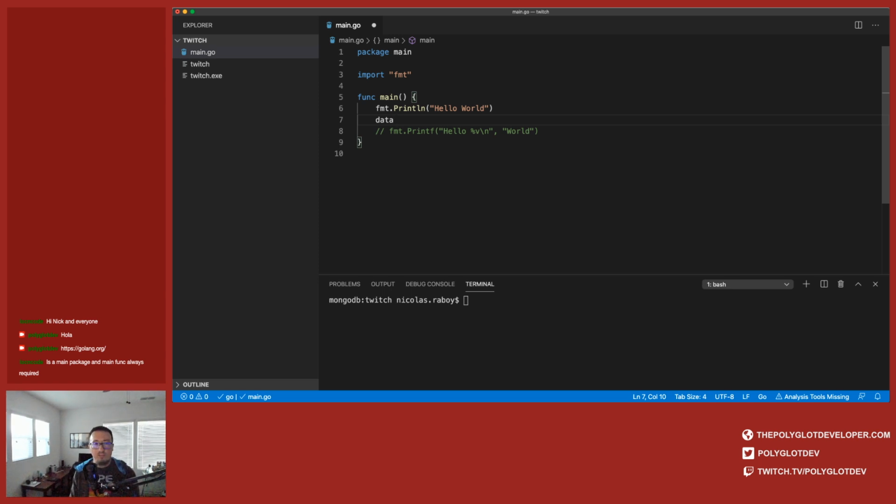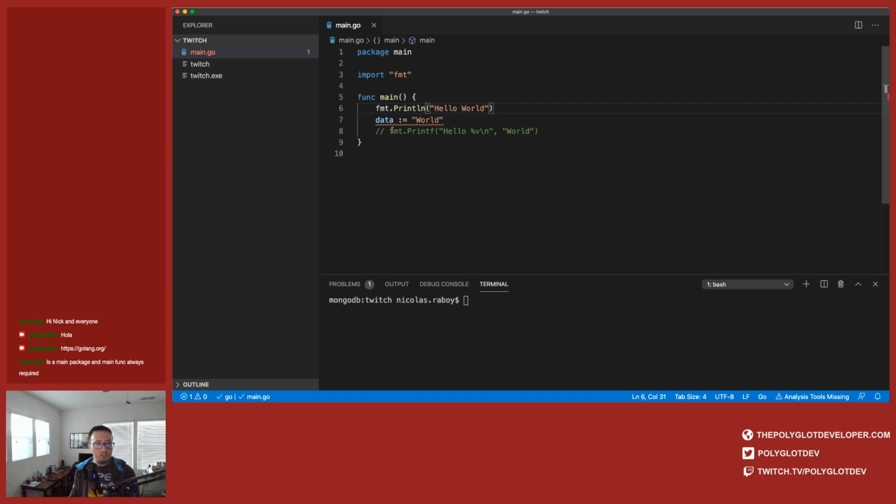If I want to declare and set this variable with data, I can use colon equals and say world. Now, just in case you're coming from another language, there are no semicolons here. If you add semicolons and you have the plugin installed, it'll just remove them for you when you hit save. You'll notice that I saved it and it added this underline. That's because I'm not actually using data. If I were to try to build it, it's going to fail because it recognizes that I have variables that aren't being used. I don't know if you can turn that feature off, and I don't know why you would want to, because it does help you maintain much better code.